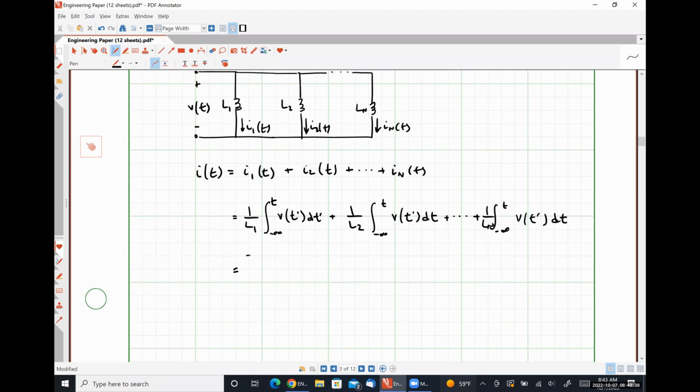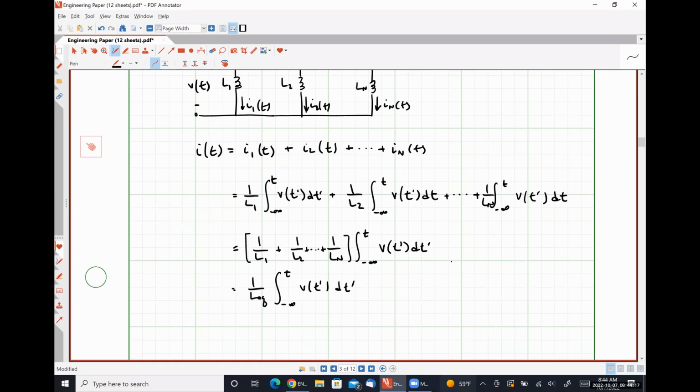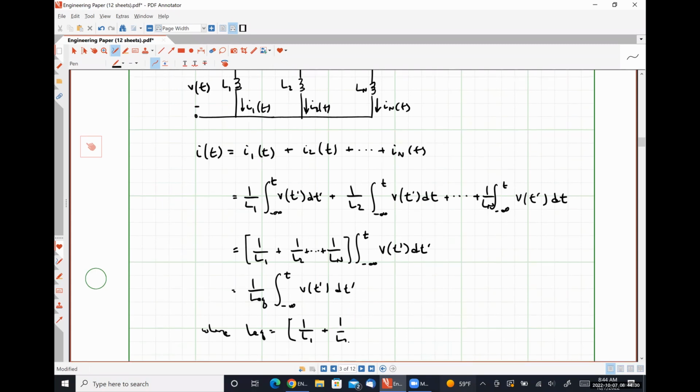So this looks like 1 over L1 plus 1 over L2 all the way out to 1 over Ln multiplied by the integral from negative infinity to t of v of t prime dt prime, or 1 over LEQ times the integral from negative infinity to t of v of t prime dt prime, where LEQ is the reciprocal of 1 over L1 plus 1 over L2 all the way out to 1 over L sub n,